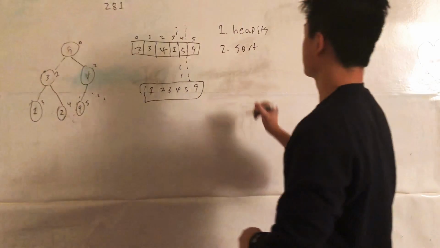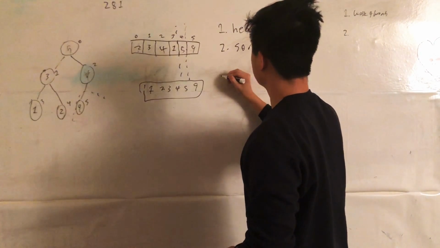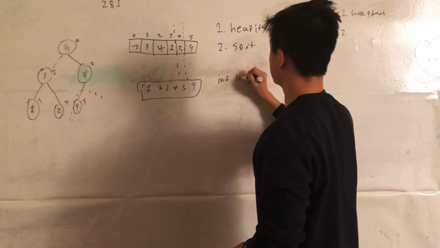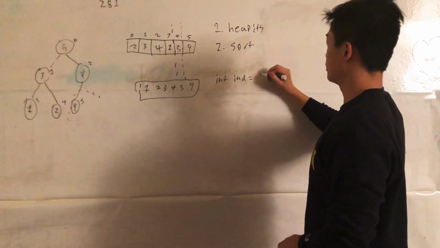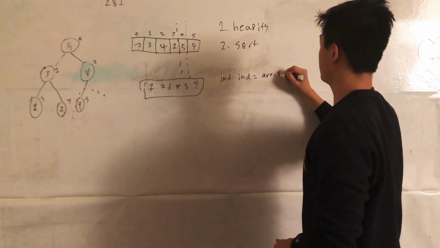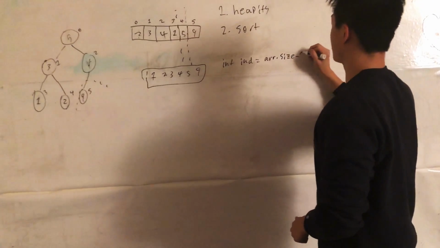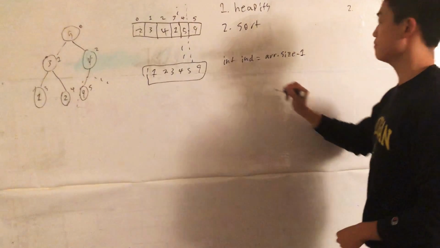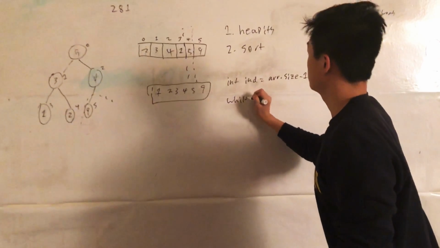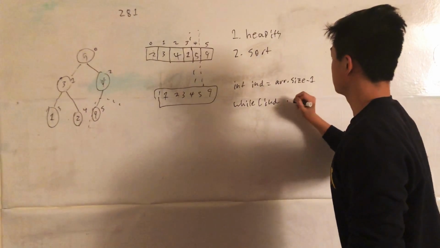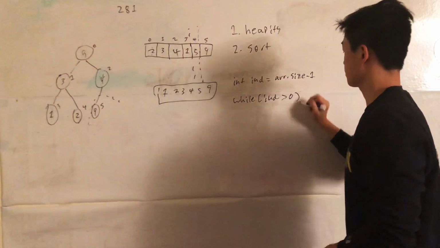So the pseudocode for this would look like this. We'd probably have an integer, which is an index, and it would probably be the array's size. Since we're indexing by 0, it's going to be array size minus 1. And then while index is greater than 0,